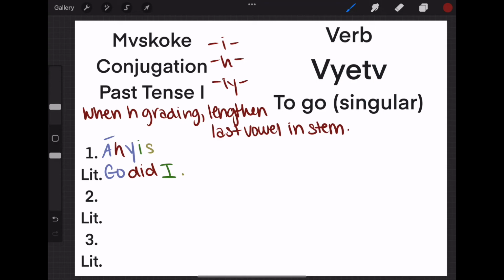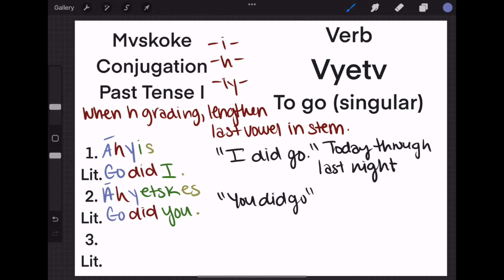Moving on to second person, we'll write down our verb stem. In this case, it is AY. Add in our past tense 1 indicator, H, our second person indicator, itsk, and our declarative ending, ES. This literally translates to go, did, you, or in English, you did go. Ahyitskis. For third person, we'll write our verb stem, AY, add in our past tense 1 indicator, H, and